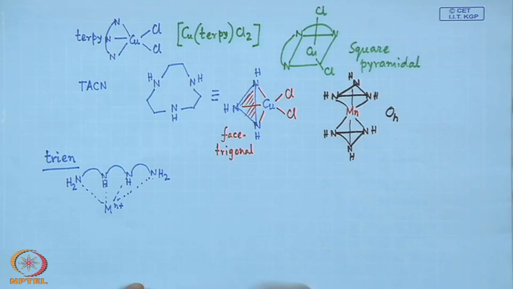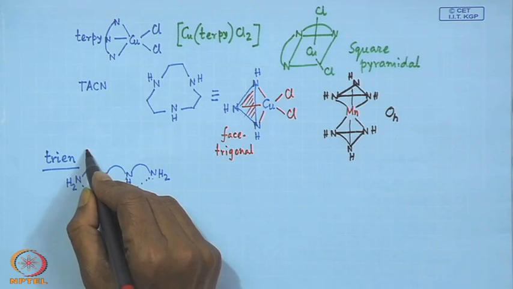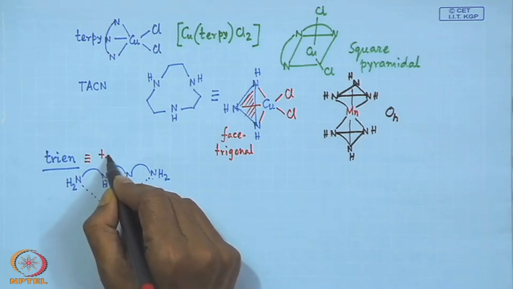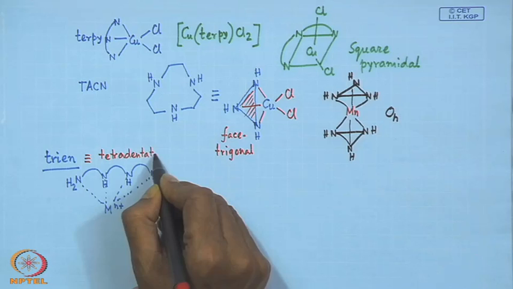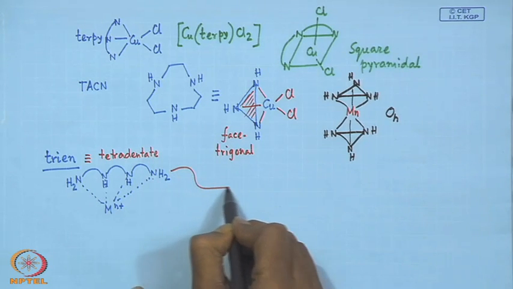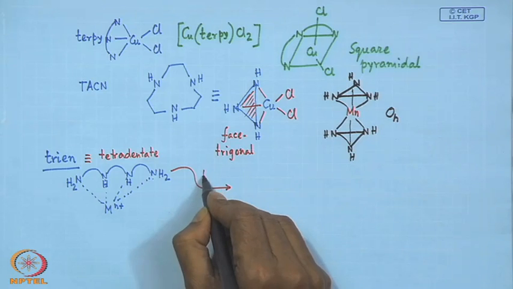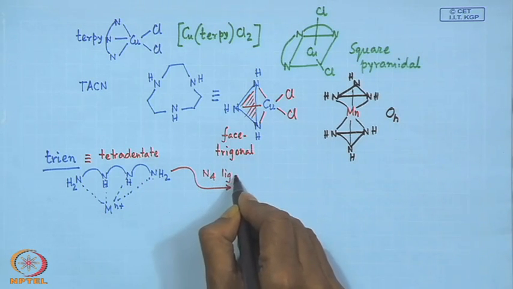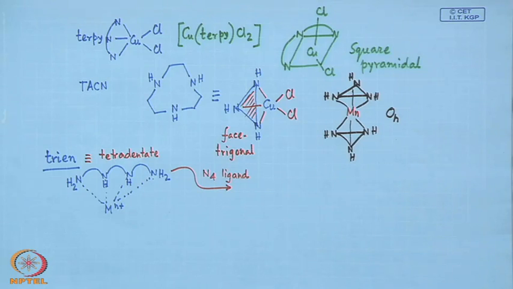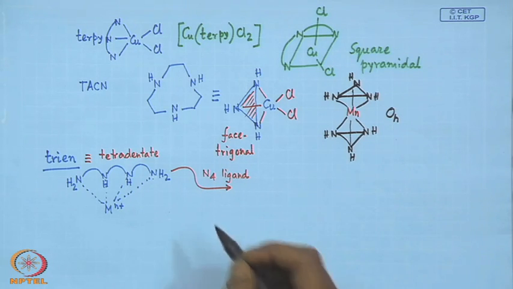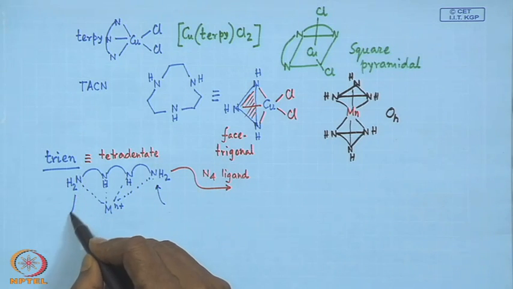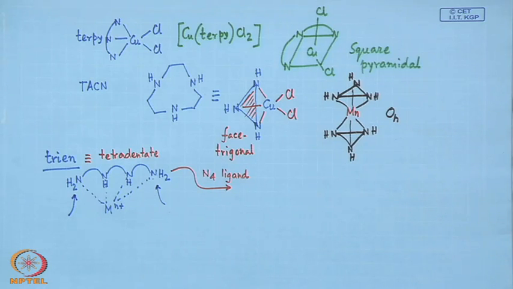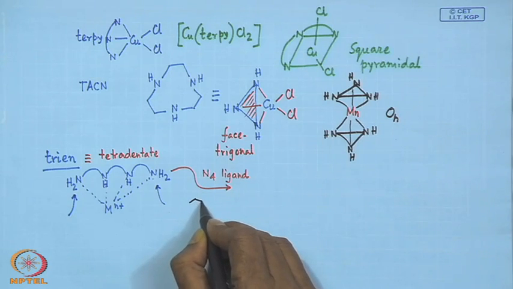So, in a very simple way we get the corresponding triene, which is tetradentate, and this one is the N4 ligand, and this N4 ligand can be further derivatized because we have the NH2 at the 2 ends of the backbone, and these NH2 ends are very well known for the formation of